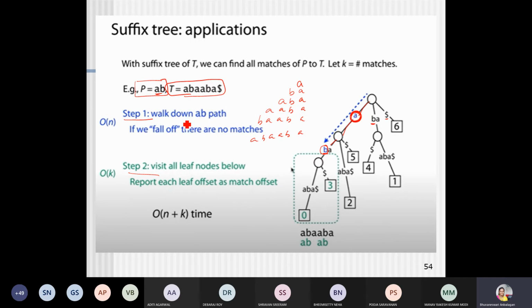So that is how your suffix tree will work, and its working time is big O of n plus k. K is the number of times that particular match AB is available in the given text. For example, AB is here, and AB is also available here. So the number of matches is 2.